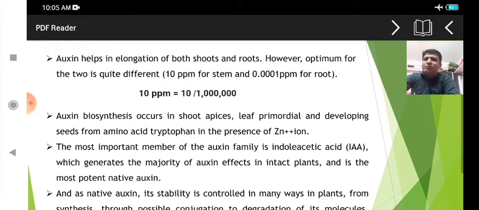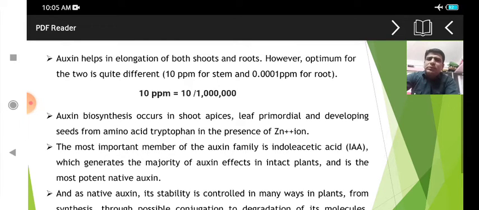Means 10 ppm for stem and 0.0001 ppm for root. It requires a very low concentration for the promotion of growth, for its action. In case of the shoot, the concentration is 10 ppm, which means it requires more concentration than the root. And the auxin biosynthesis occurs in the shoot apices, leaf